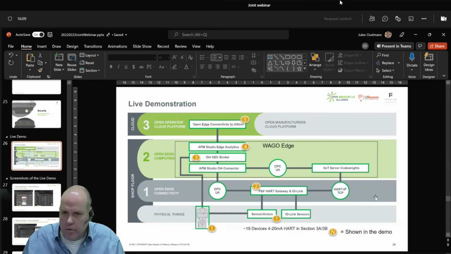Before I'm going to show you, I'll first explain the different parts, and please note that certain screenshots of the demonstration are also included in the handouts that you'll get after this webinar. So what I'm first going to show is this little ball, and I'm just trying to see if my mouse is there. There you go. Which is at the device level. Eelco just talked about the Focus One device. We're going to have a look inside the Focus One device to see what type of data is available there